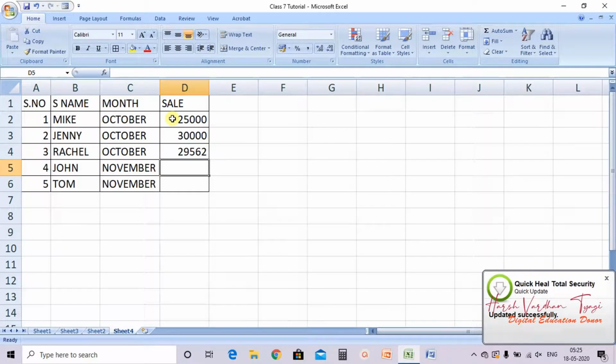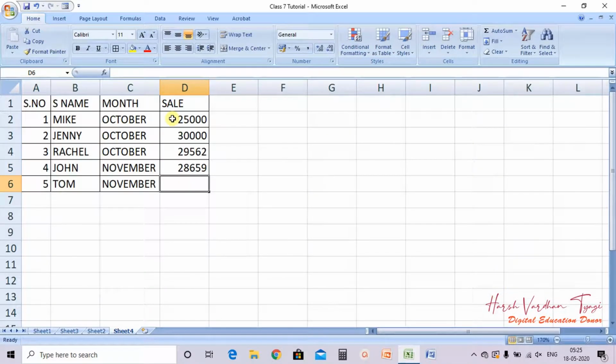In November it is 28,659, and in this it is 31,356. Clear? Now this is the table on which we will work with adding subtotal in database.